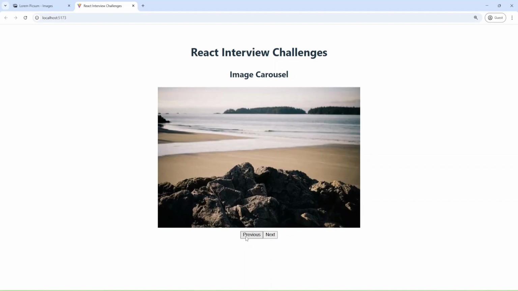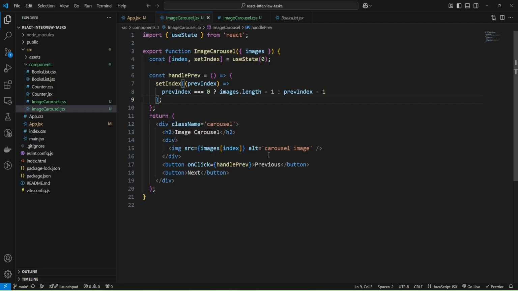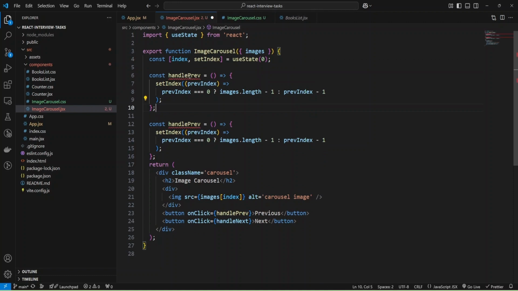I'm going to press the button, and as you can see, we can go to the previous image, and let me add the onClick function handleNext, and I'm going to copy this function, and I'll name it handleNext, and this time we need to check if prevIndex equals images.length - 1, and if we are at the end, then we'll go to the beginning, and otherwise we'll just add 1.